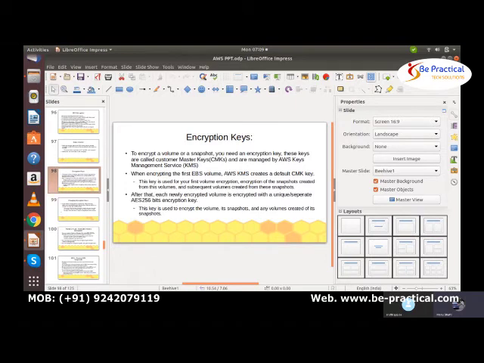It is getting created by default, so one key will always be there, and we can make use of that to encrypt the data. This key is used for your first volume encryption, encryption of the snapshot created from this volume, and subsequent volumes created from this snapshot.